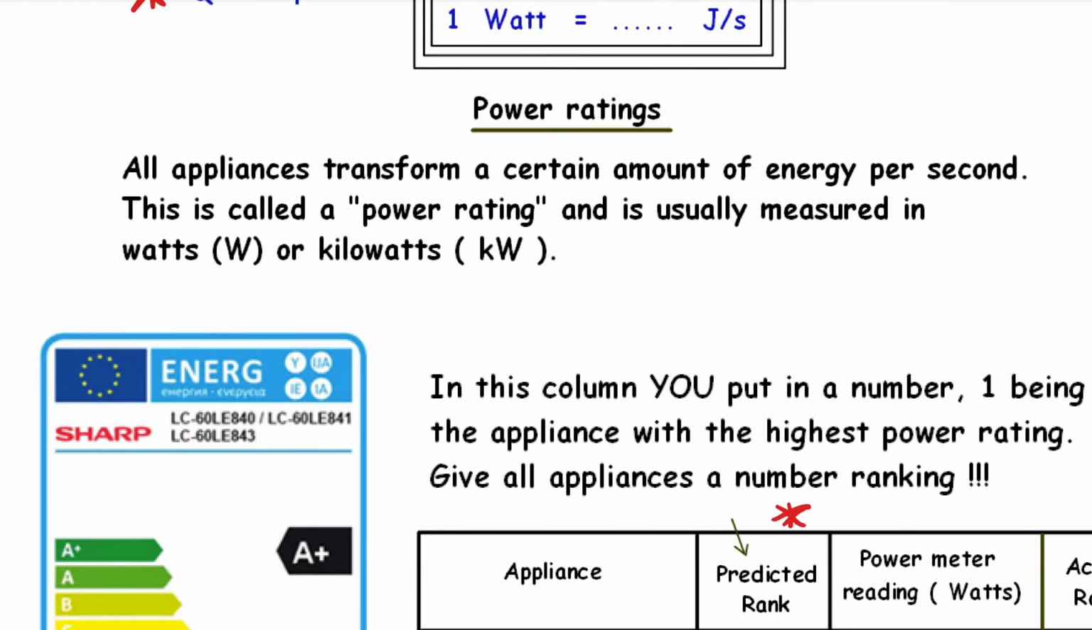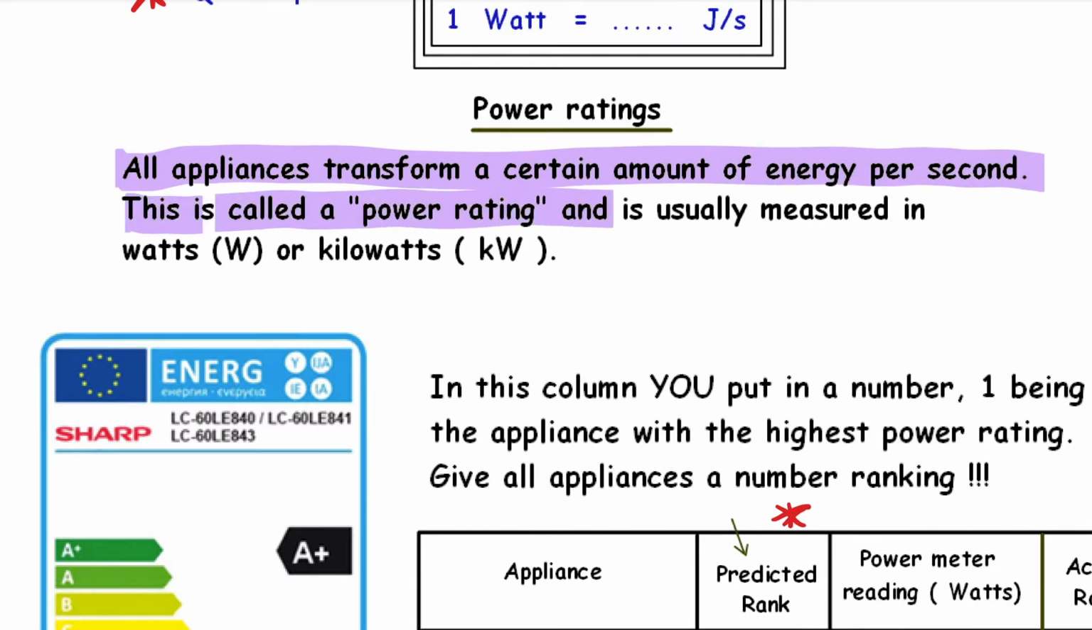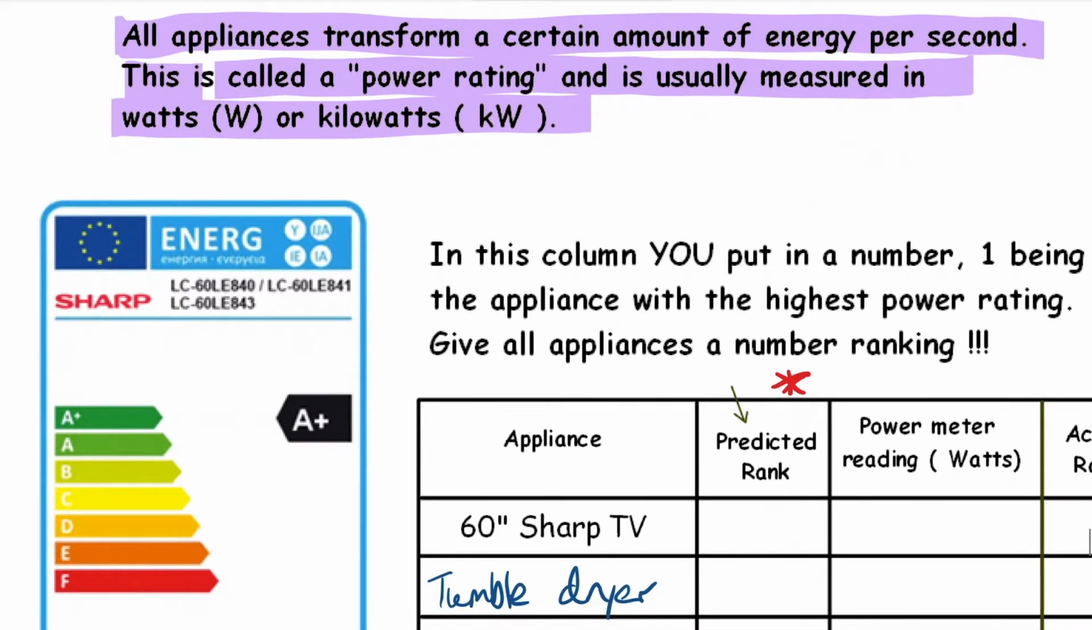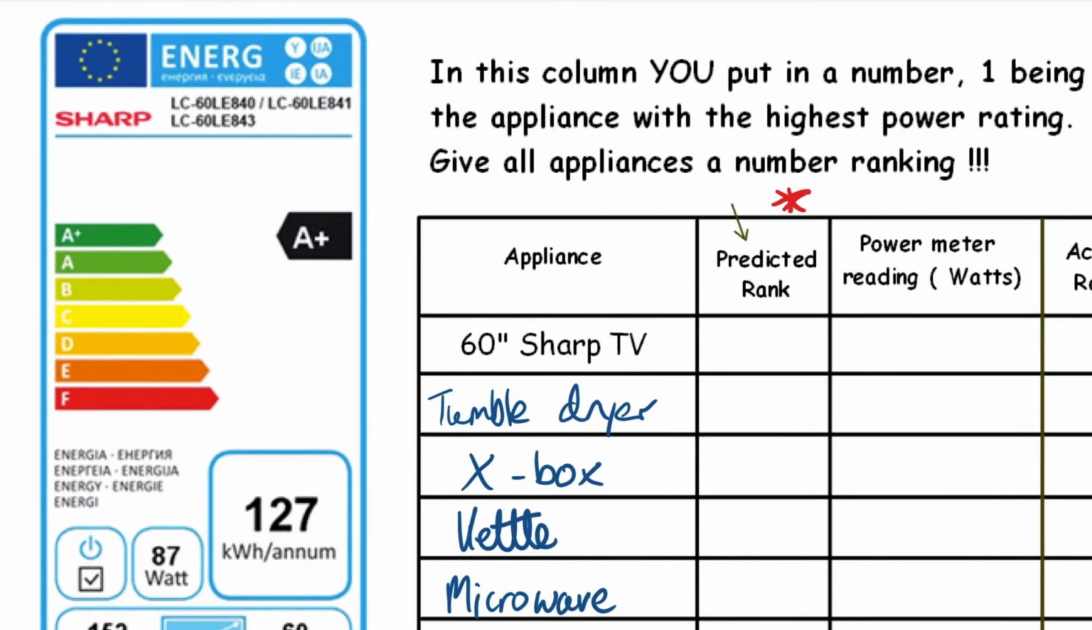Moving on now then to power ratings. All appliances transform a certain amount of energy per second. This is called a power rating and is usually measured in watts or kilowatts. Before we do this next activity, let's have a look at